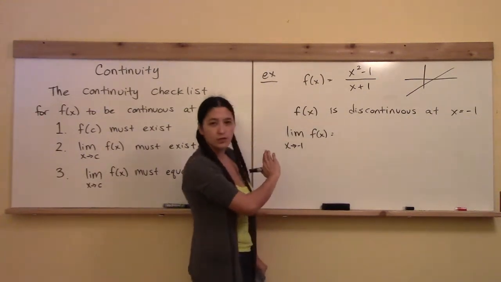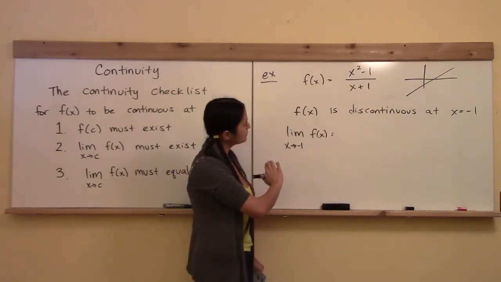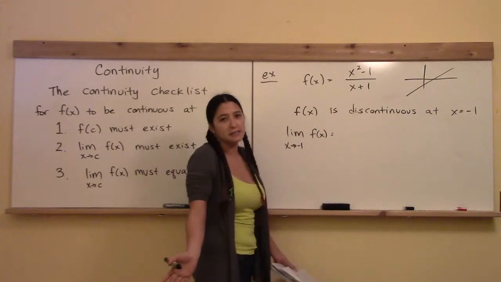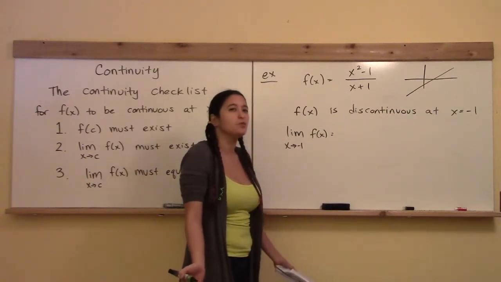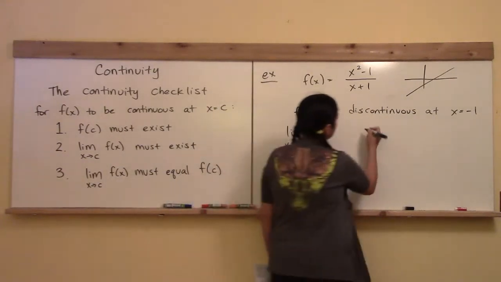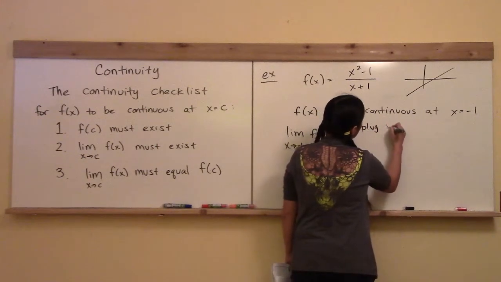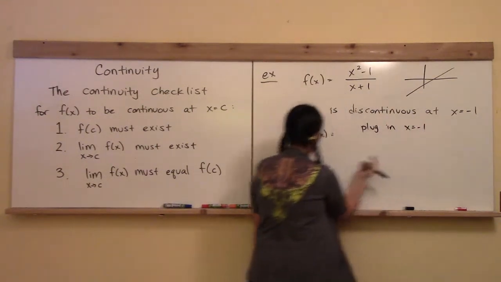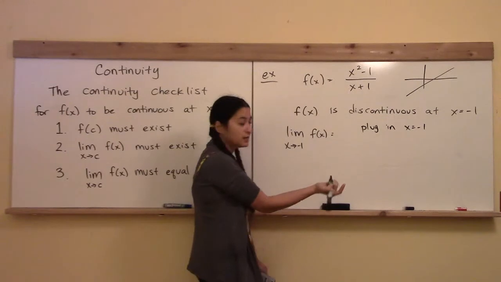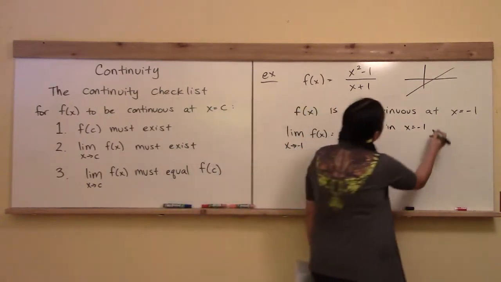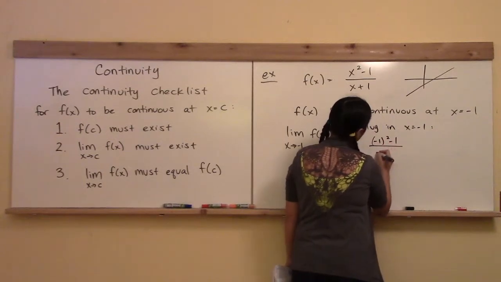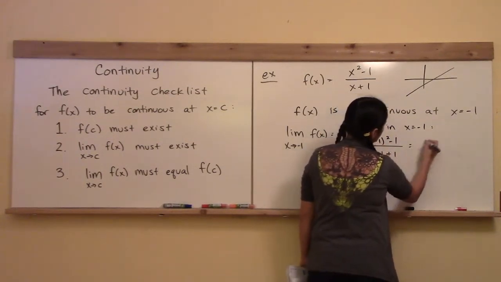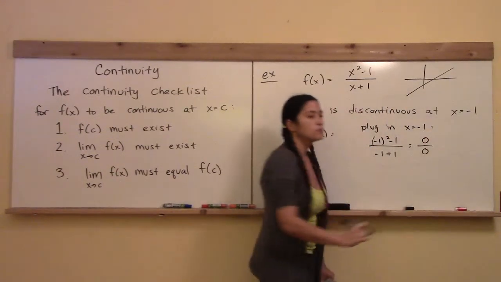Do you remember what to do for a question like this? Whenever I take a limit, the very first thing I do is just plug and chug to see what I would get. So the first thing I'm going to do is plug in x is equal to minus 1, which is the limiting value right here. I will get minus 1 squared, minus 1, so that's 0. Minus 1 plus 1, so that's 0. 0 over 0, I've got the